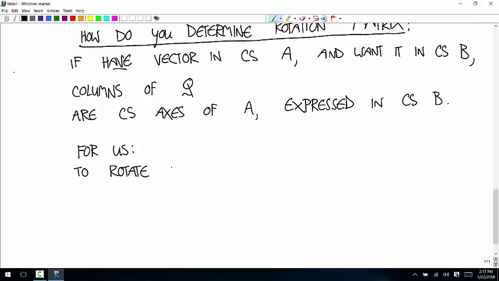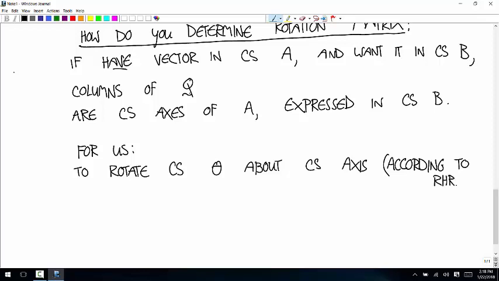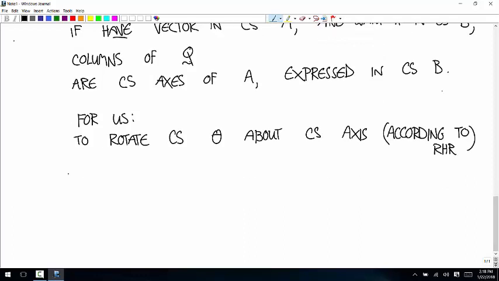To rotate the coordinate system an angle theta about a coordinate system axis, and a positive angle and a negative angle are determined by the right-hand rule. So first, if you're rotating about the x-axis,